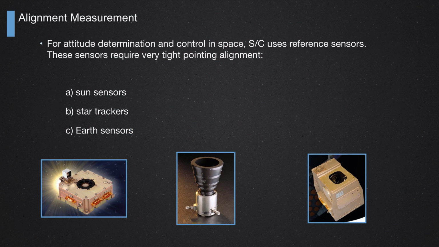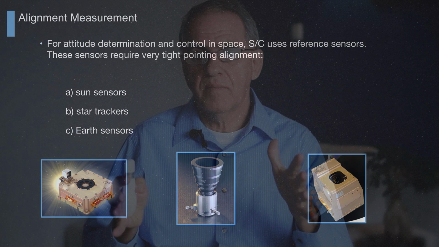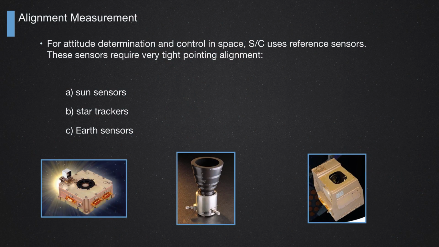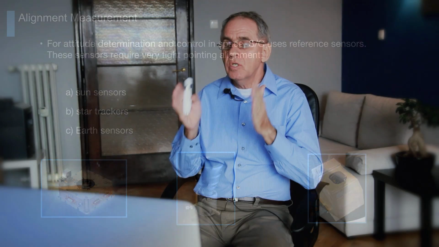Okay, alignment measurements. These are very critical because the spacecraft is going to be orbiting, and normally it needs to be facing something. For communication, it needs to face the antennas to some points on the ground, or if it's going to carry cameras for imagery, they make sure the cameras are looking to the ground and not at an angle to another point. They don't want that, they want to look to the ground normally. Or for scientific sensors, they want to look into space, so that means we need the spacecraft to be flying in a proper attitude in space. They must be positioned correctly in space.